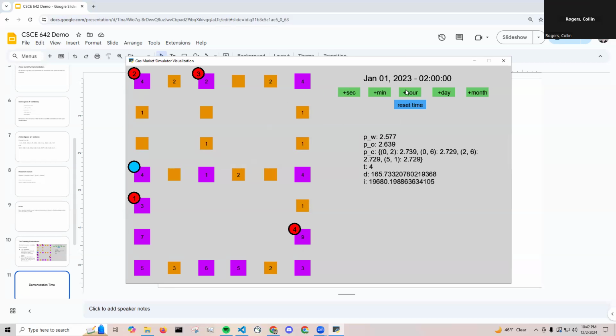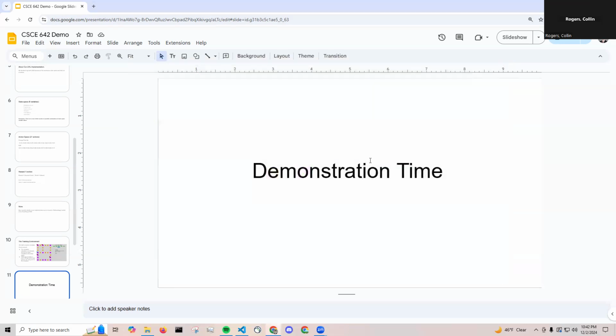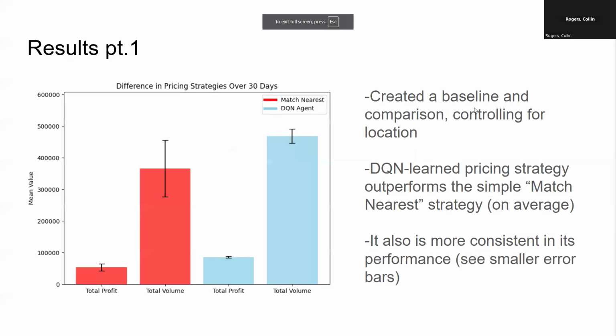So as you can see, if you scroll through time here, you'll notice that these numbers change because the cars are moving around, and you can see the state variables for our algorithm here. These are displayed and updated every second. You can see that our price changes every second, which actually is not how gas stations do it in real life. So that's another thing we should probably improve. And then for our results,